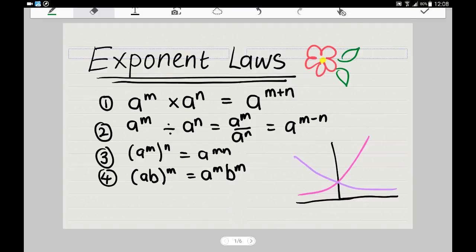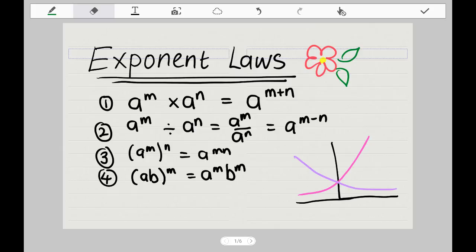Hello, in this video we're going to look at our exponent laws. Now there are 4 laws that we're going to look at that will build the foundation of all of the questions that you will be required to ask or answer. Now the 4 laws are as follows: when you're multiplying exponents,